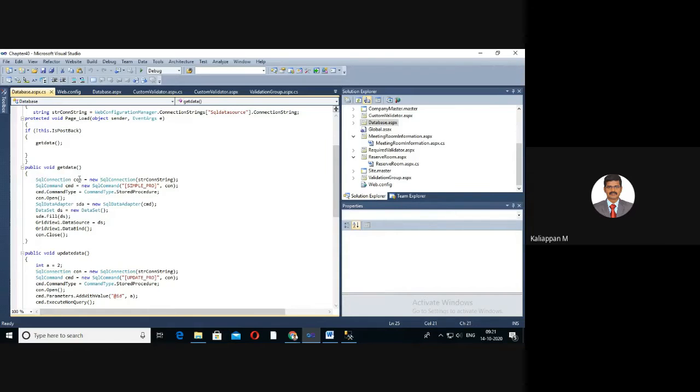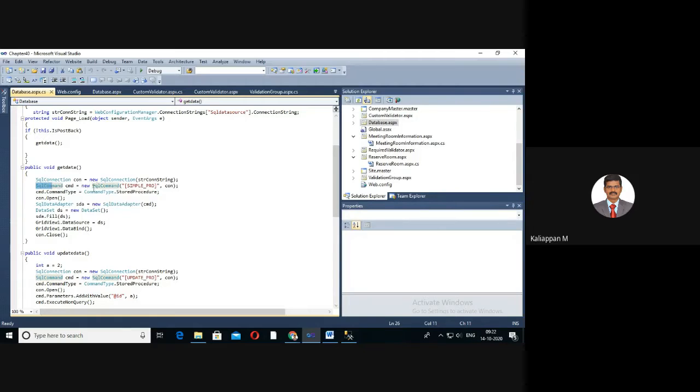The con object is new SqlConnection of strConnectionString. This string refers to our created SQL data source, which in turn refers to our SQL Server and our database called CSE.